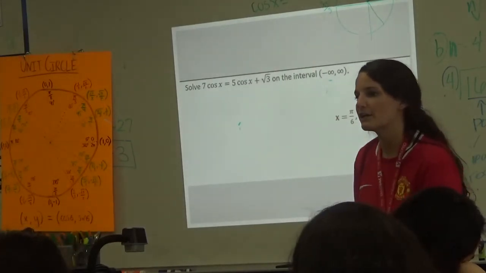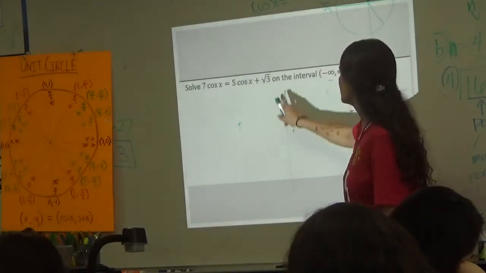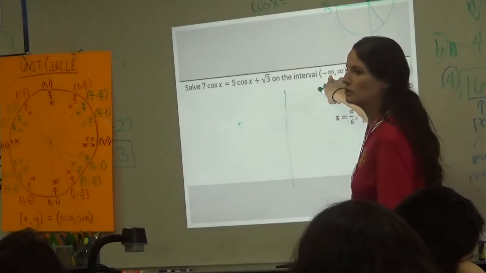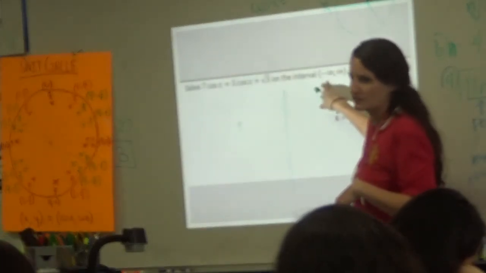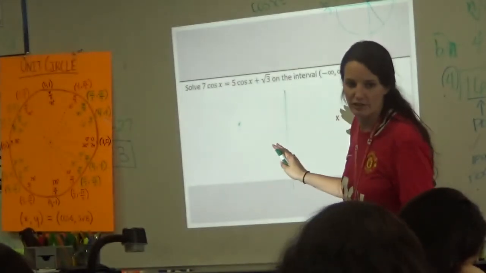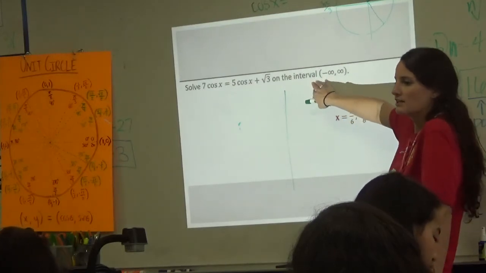Also, another way it'll get more difficult, which I want to talk about now since we have some extra time, is they'll change the interval from just a full circle, 0 to 2 pi, to something crazy like this. So if you want to find some space on this problem and change it and take some notes, let's pretend